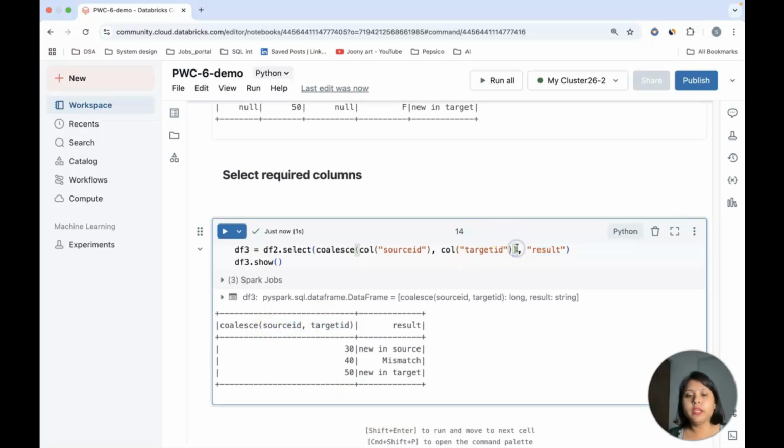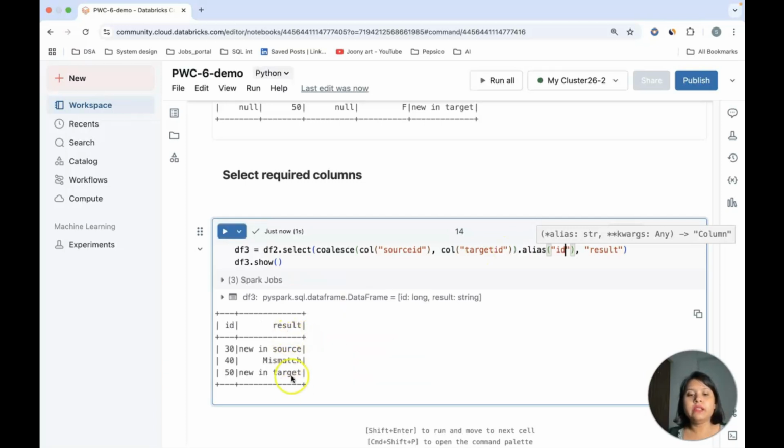Let me do one more thing. I will just rename this particular column as ID. Okay, so this will be my ID and this is my result data set. So now you understand exactly how you can go ahead and solve this particular question. It's not a very hard question, but it will help you understand how to use some functionality.